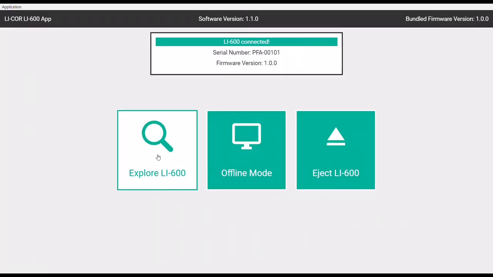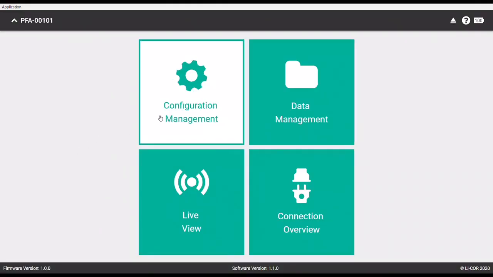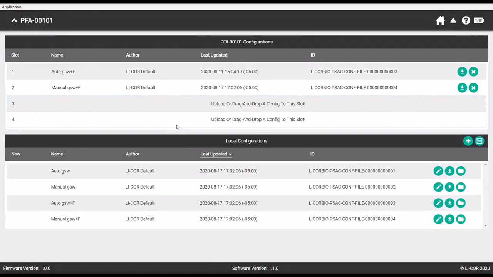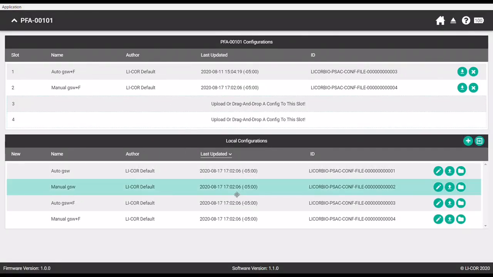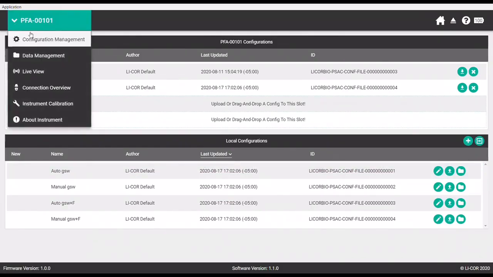So we're going to the Explore our LI-600. And here the submenus are Configuration Management. This is where we'll look at the configurations that are currently loaded on the instrument, and we can also create new configurations and store them in our database and upload them to our instrument. To go back to the submenus, we'll click up here and we'll